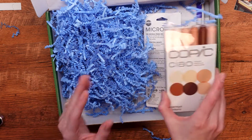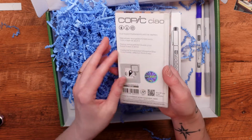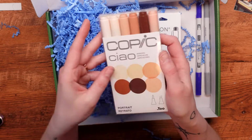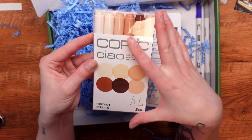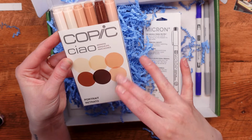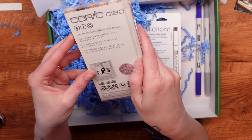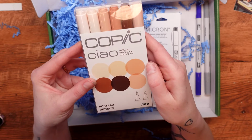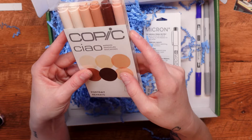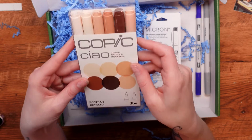So the first thing we have in here is this Copic Ciao marker set. This is the portrait set. So it has a variety of different portrait tones. And these are double-ended. One is a chiseled nib and the other is more of a brush nib. They are alcohol markers. Copics are very, very well known. These are refillable, so once the ink runs out, you can buy ink refills for them. And these are just kind of like top of the line markers, so you're going to get 6 of those